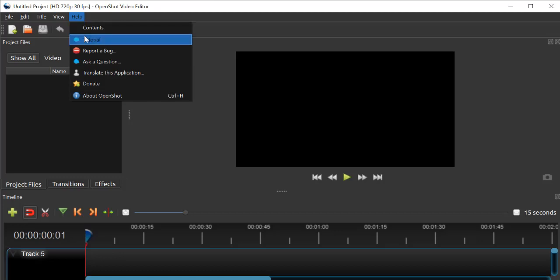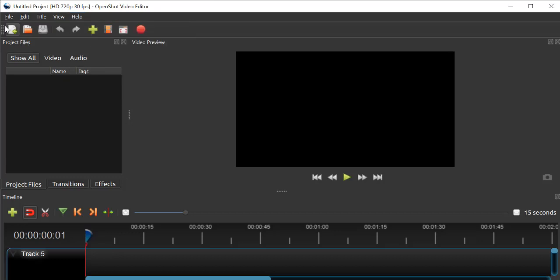Now go to the Help option. Here you can see tutorial and training programs of this video editor. Now you can see here also the same options are given. For example, here is the new project option, here is open project, same as in File. You can do redo, undo, then import files, you can import files from here. Now choose profile. Profile means the size and aspect ratio of the video and all. And here is the export video.